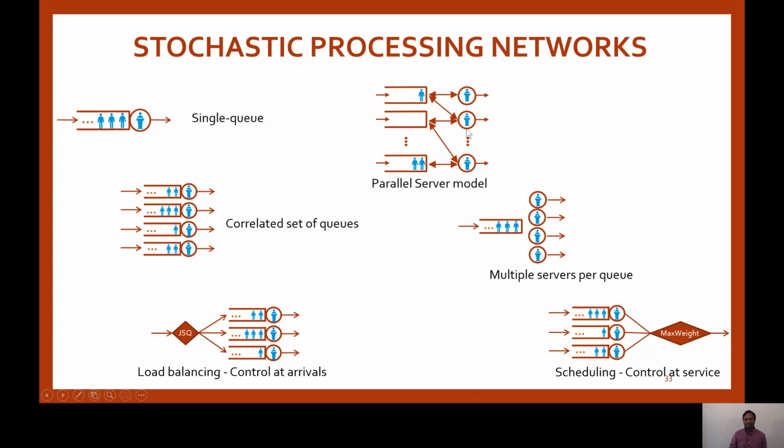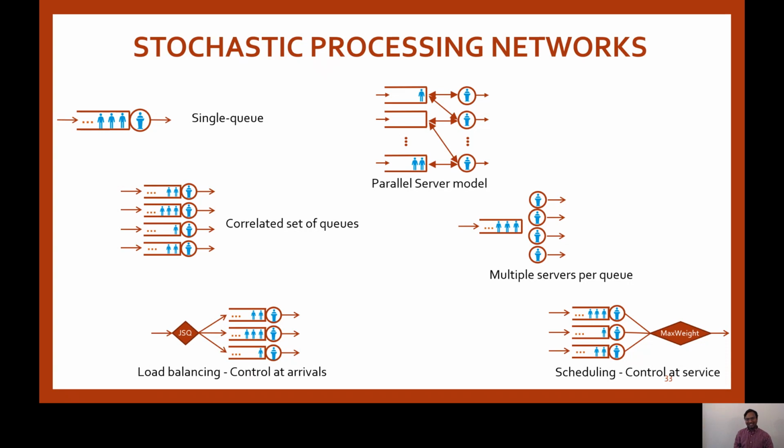And there is a graph that denotes which server can serve which customer. At each time, the server gets to pick which customer it can serve among the compatible ones. And you have to come up with a scheduling policy to minimize the delay. This is called a parallel server model. This is just a subset of the kind of